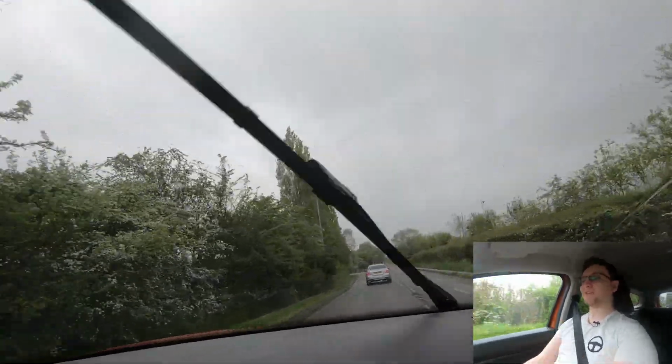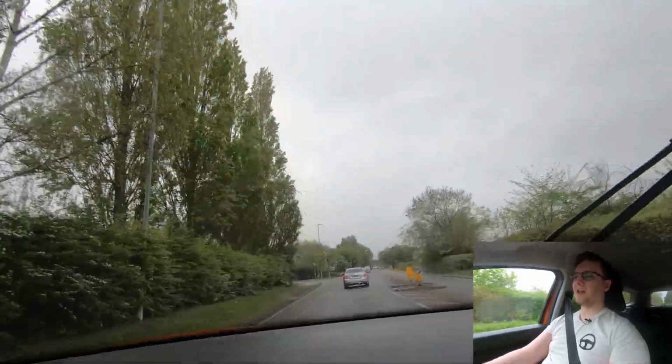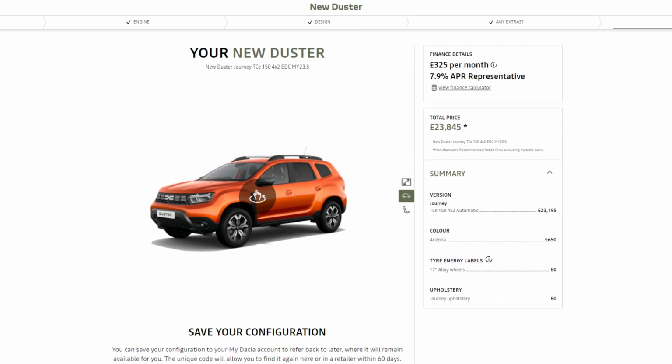You still don't get much sound deadening, as you just heard the motorcycle ride by, and it's still a budget vehicle for sure. And actually, speaking of the pricing, this is still one of the cheapest cars that you can buy new right now. This Journey model with the TCE 150 engine and the dual clutch automatic gearbox is something around